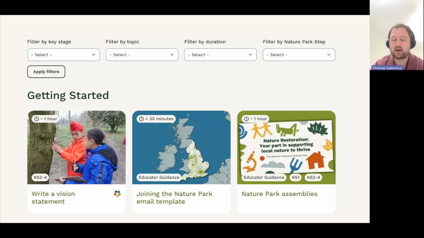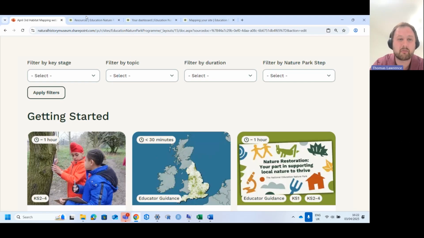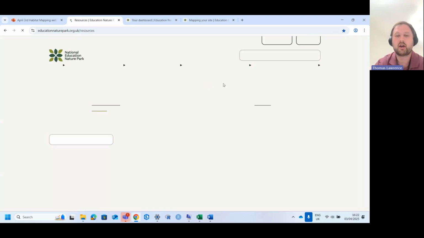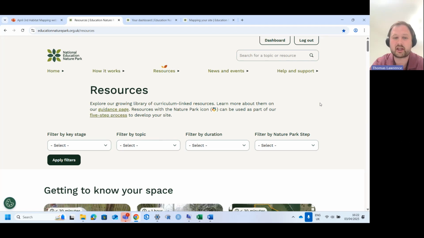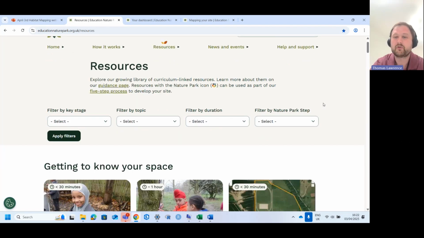How to find everything on the Nature Park website to do with habitat mapping. There's a lot of different ways to, but I just really want to signpost people to the resource library. This is where we have all the different resources, and I am just going to go to it on my screen now just to show people, even people who are familiar with Nature Park. I really always like to remind them about the resource library and the incredible amount of things that are on